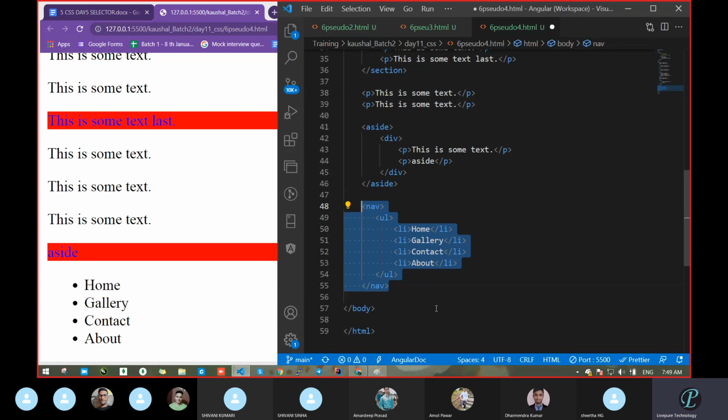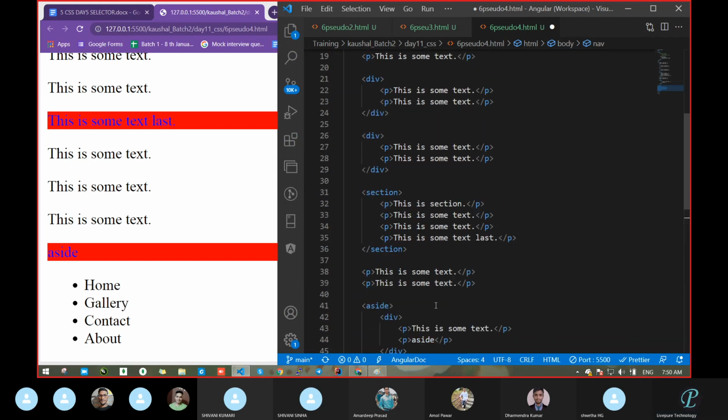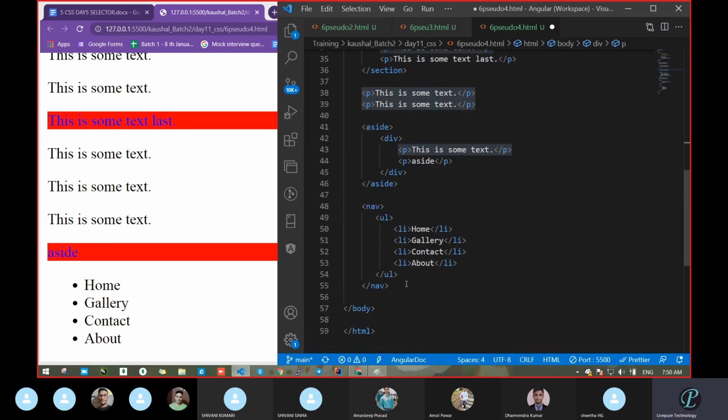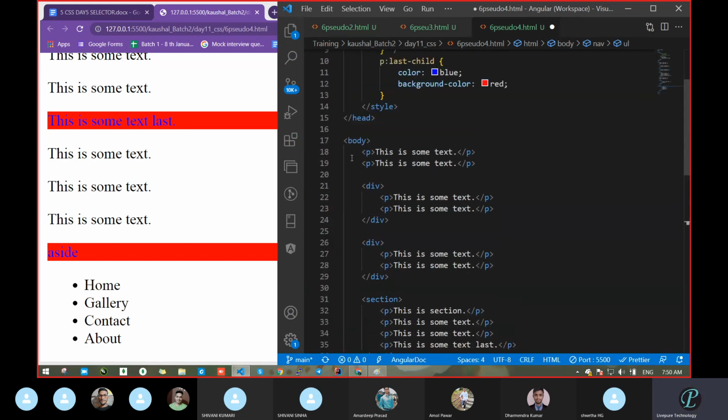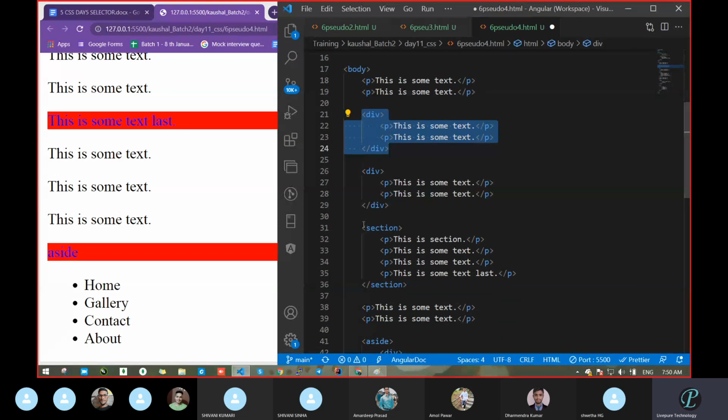Once you get the idea, you can easily identify, because while writing code, one day I had seen Roshan's code. He had written all the code outside. Means he used a div inside a div, then p, something he mixed. Inside a div he took another div and closed it outside. That code looks like garbage completely. Never do like that. Take one complete section by section. If you're doing a navigation bar, take a nav section and utilize that code. If you're taking anything, take a div, whatever you want, take a section. If you think it is a section, you can take a section and inside the section pass a div.